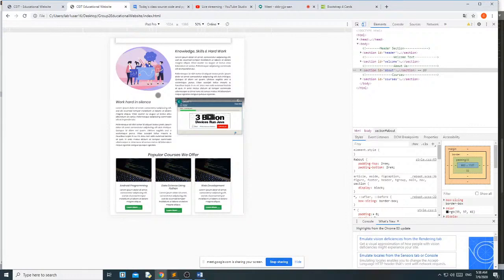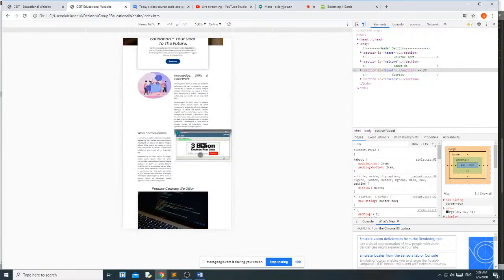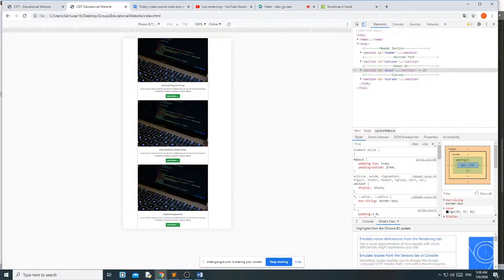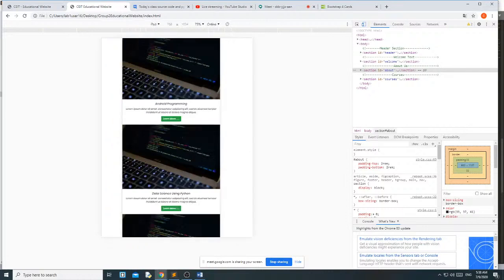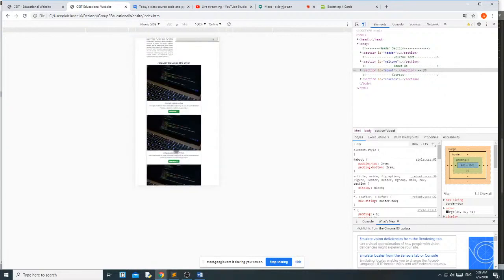Then in iPad Pro it comes in one row. And iPhone 6 one above the other. This is the meaning of col-sm-12, col-xs-12 and col-lg-4. When you open in a large screen it will come in one row, but when you open in a small screen or some mobile device then it will look like this.